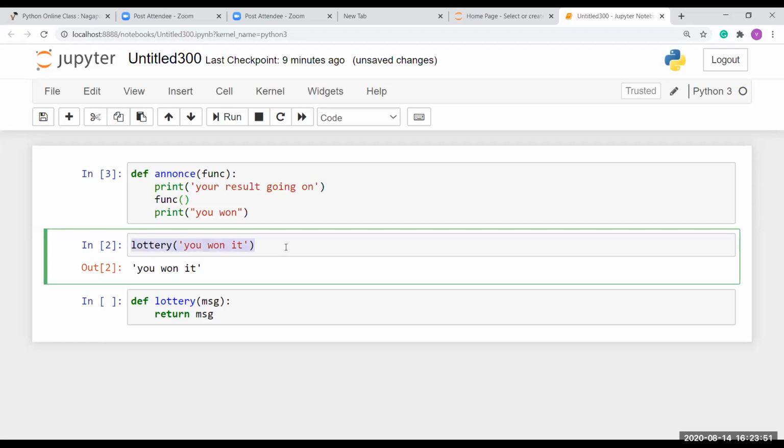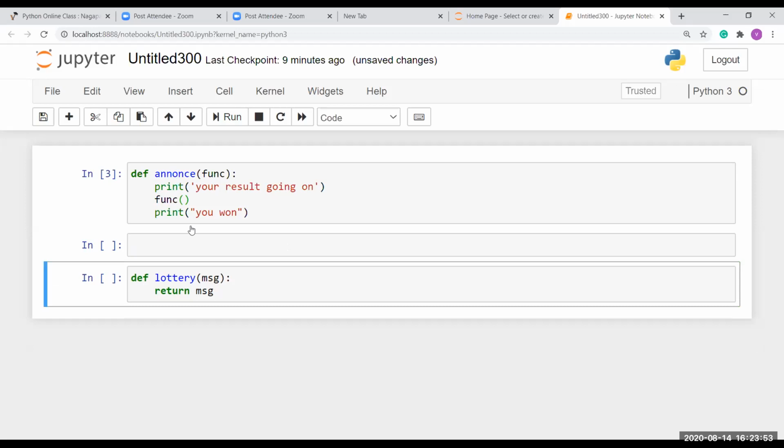Now we have two functions. Here I have a message, where I'm going to send some lottery number, and I want to add some extra functionalities.